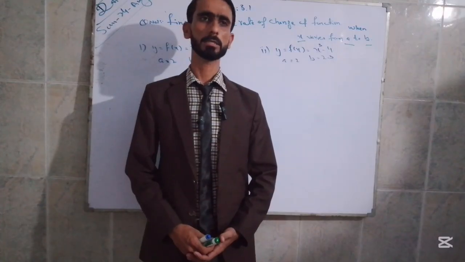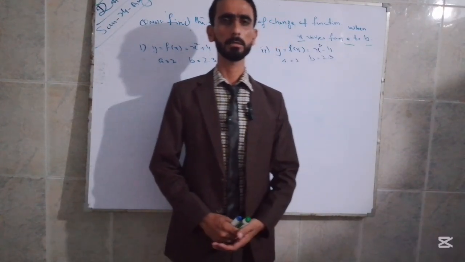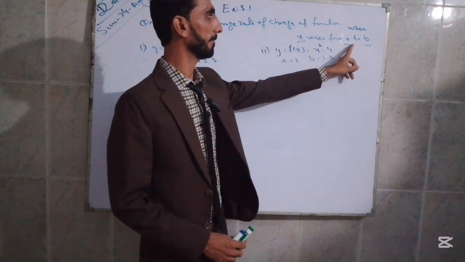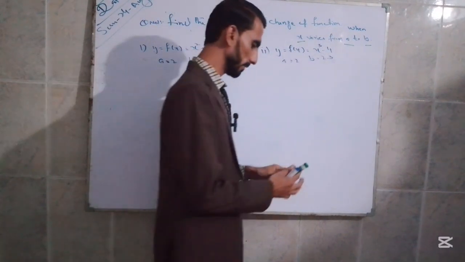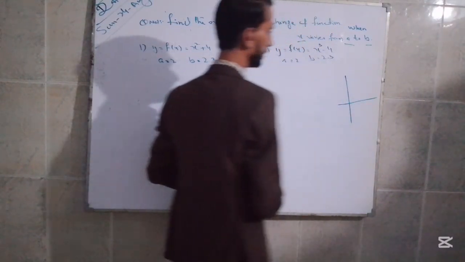In this lecture, we discuss the rate of change of a function. Here, when x values are given from a to b, it means that if a function has 2 points given,